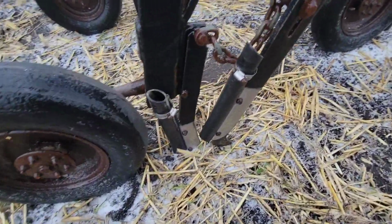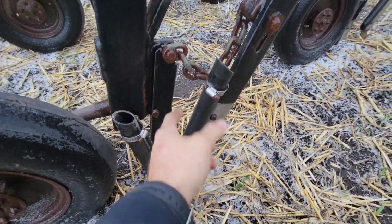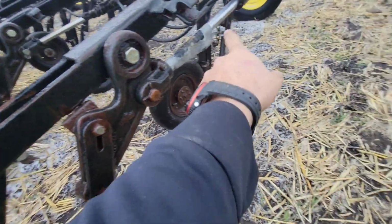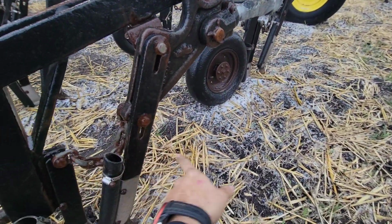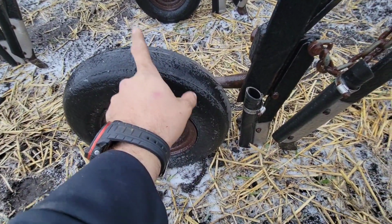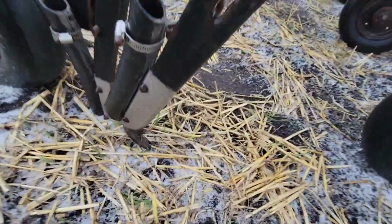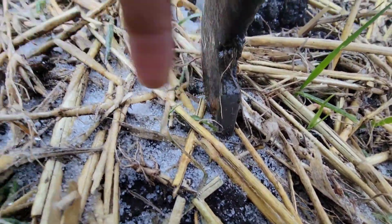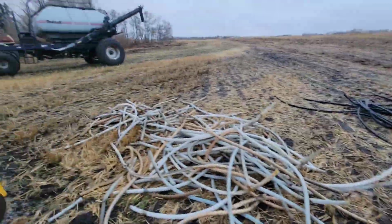There are two knives here, and they are held with a frozen chain. Cylinder here pulls this one, and that pulls the chain, which pulls that, and then this tire closes your trench. And you can see how small these knives are. Like, that's my finger beside it, in comparison to